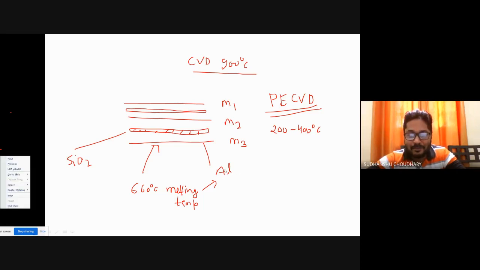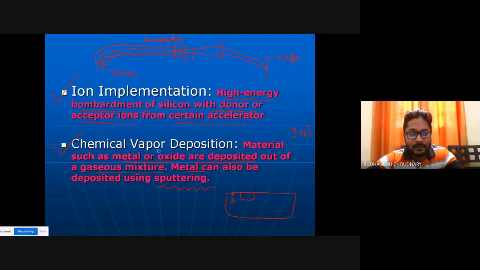The aluminum lines will not melt, as they have a melting point of 660 degrees centigrade, right? So PECVD is better than CVD. For low temperature processes, we utilize plasma enhanced CVD instead of the regular CVD process.